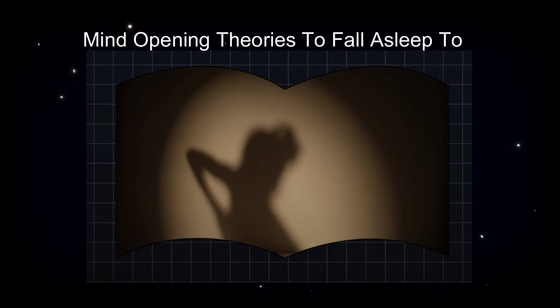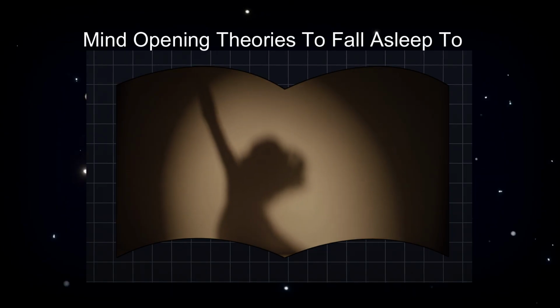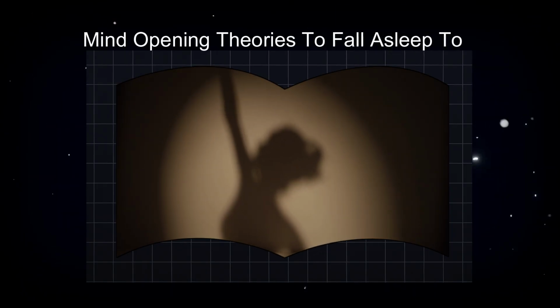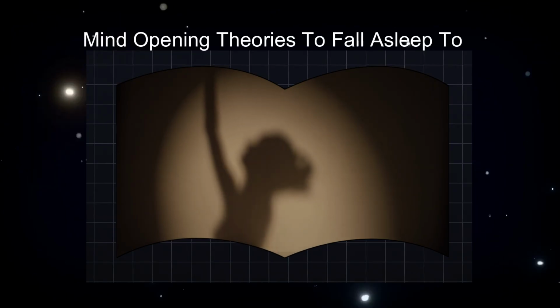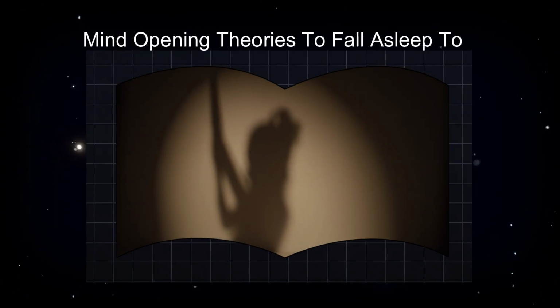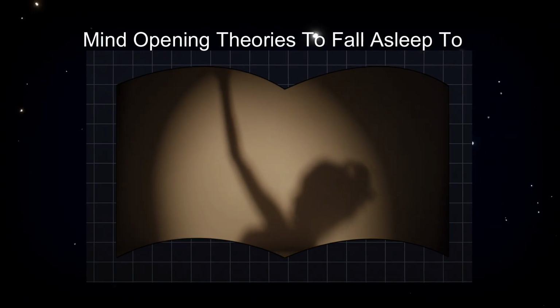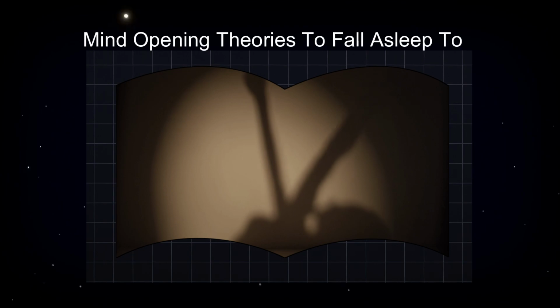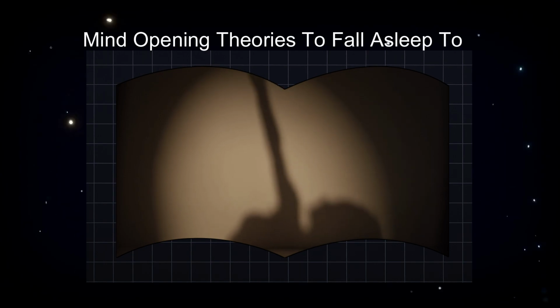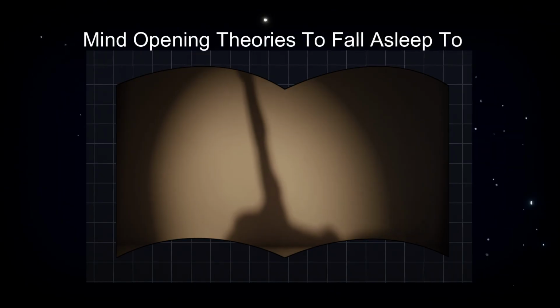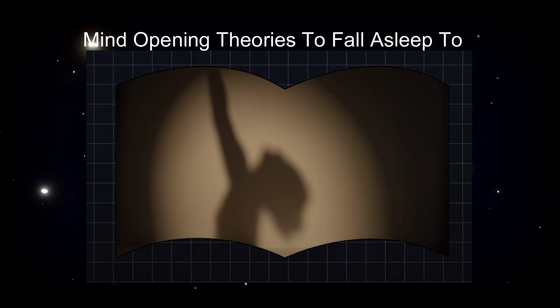The theory emerged in the late 1990s, built on the ideas of string theory and M theory. These theories suggest that our universe isn't limited to 3 spatial dimensions. Instead, there might be more hidden dimensions we can't directly observe. And within this expanded framework, branes are vast, flat sheets stretching across those extra dimensions. They can move, interact, and sometimes collide.